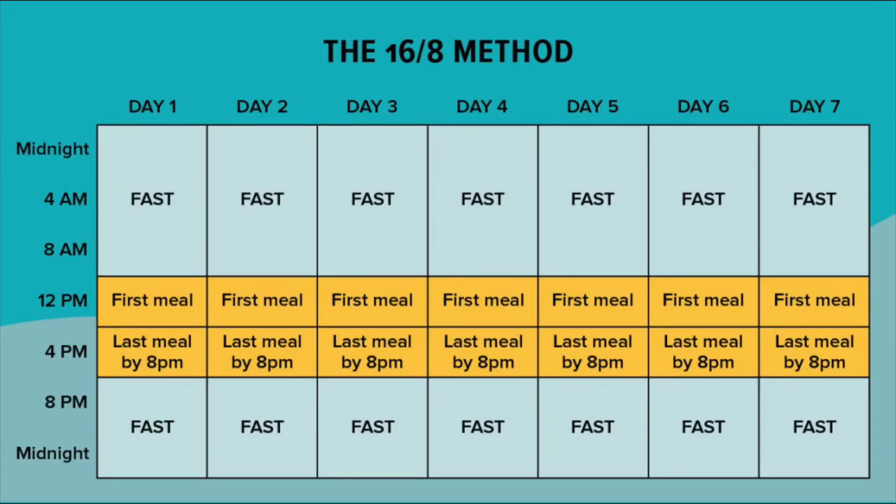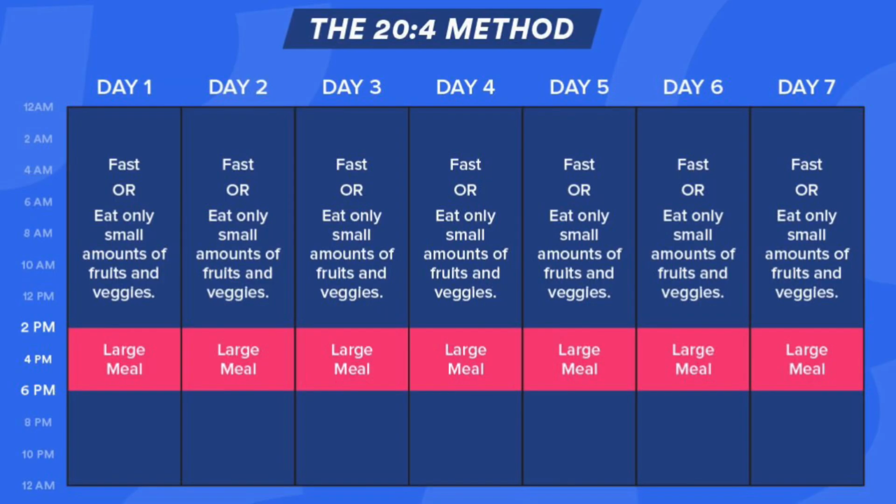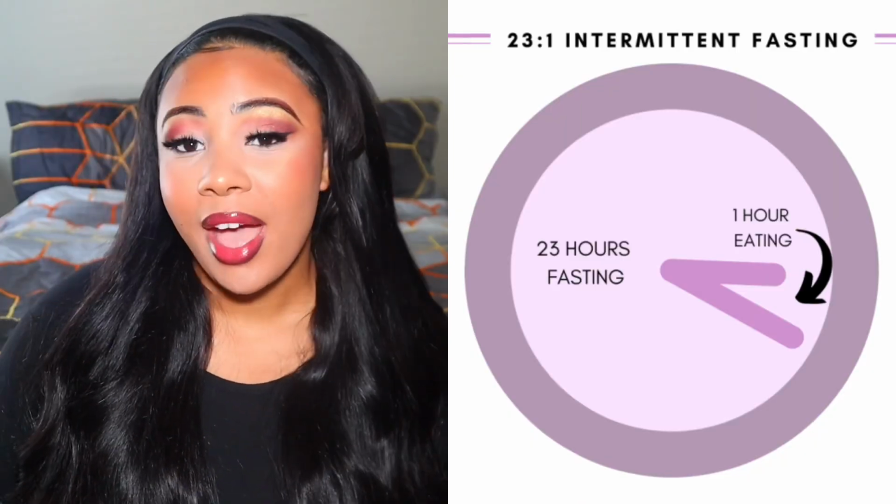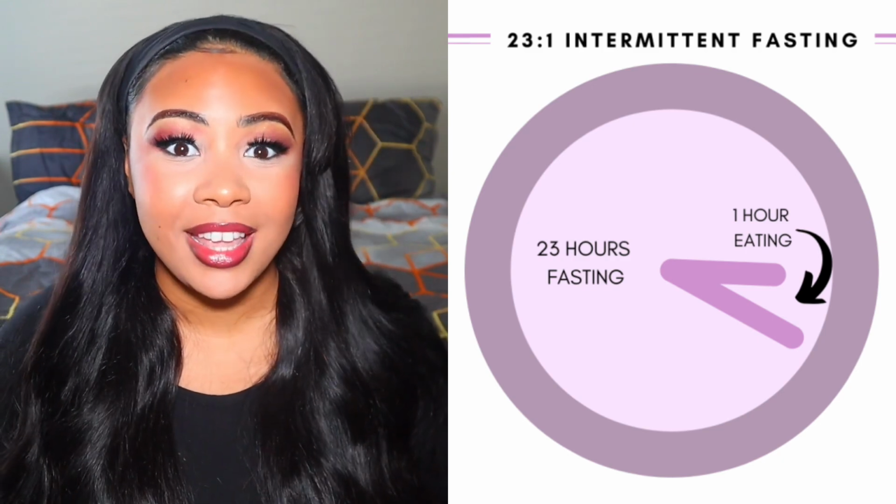And then there are different methods like the 16-8 intermittent fasting method, where you're not eating for 16 hours and then you're only eating for 8 hours. We have the warrior diet, where you fast for 20 hours and then you eat for 4. We have OMAD, which is 1 meal a day, where you intermittent fast for about 22 to 23 hours out of the day and then only eat for 1 to 2 hours, which is one of the ways that I